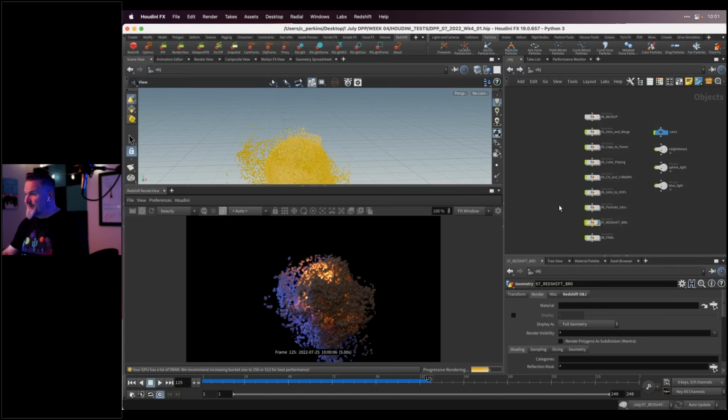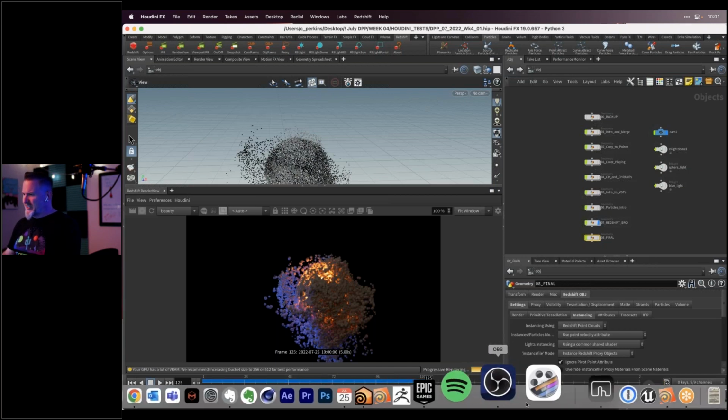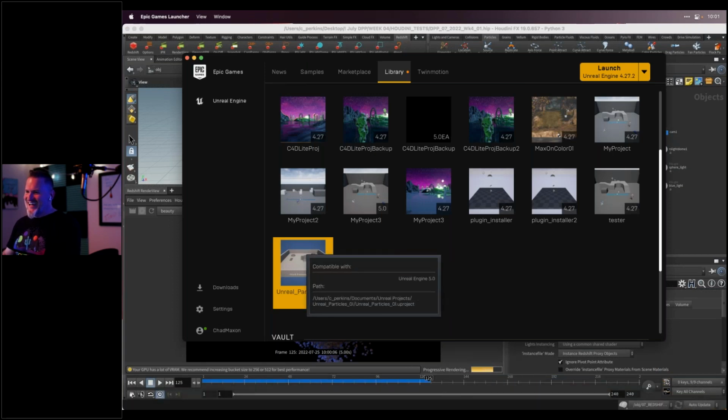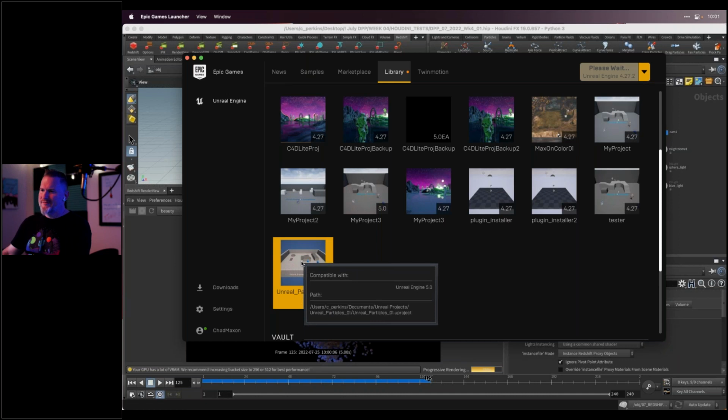For the final, I just instanced some different geometry and did some other stuff we don't need to get into. But for the sake of time, I'm going to move on to Unreal, since we're already over time and I haven't gotten to Unreal yet. So let me open this up. I already had this project. This is going to be very quick. I realize that everyone's brains are probably fried.